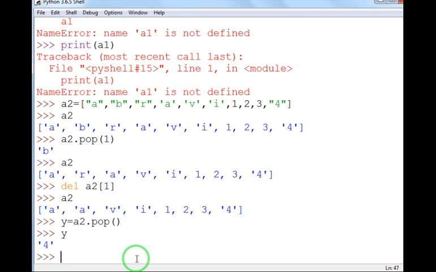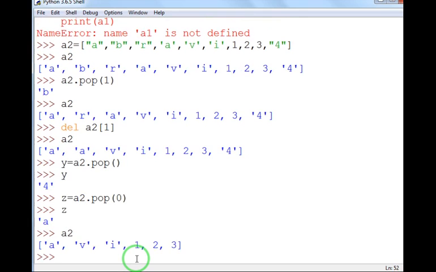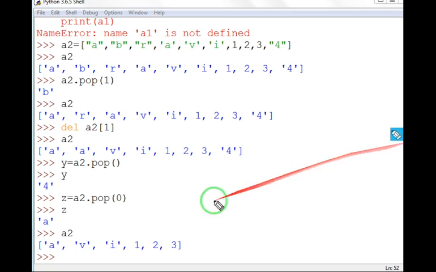So if I give the command z equal to a2.pop(0), the first element's value will be deleted and it will be stored in z. So when I give a2, we have removed 2 elements. The first element we have removed and this last element we have removed.